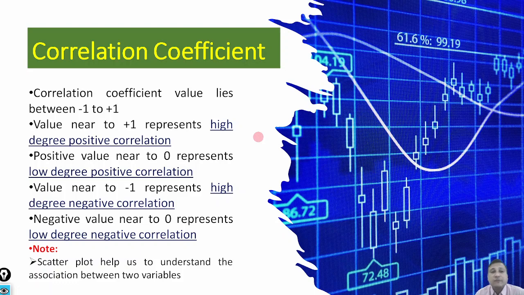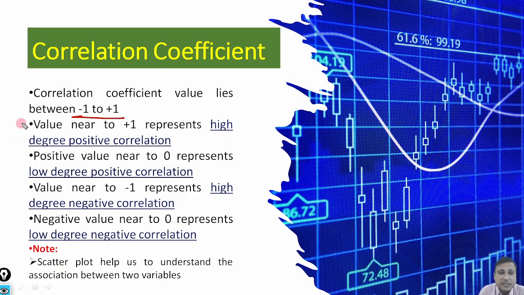On any data, if we compute a correlation coefficient, we are going to get a mathematical value which lies between -1 and +1. In no case are we going to get a value greater than +1 or less than -1. In all cases we get values between -1 and +1, and on the basis of that value, the correlation is classified into four different categories.